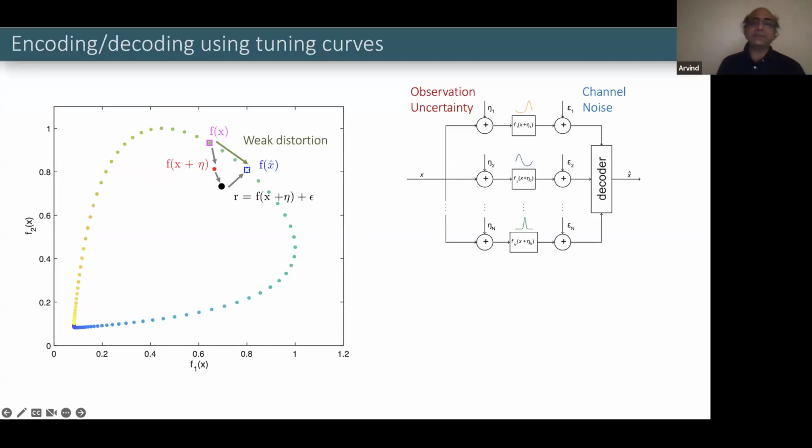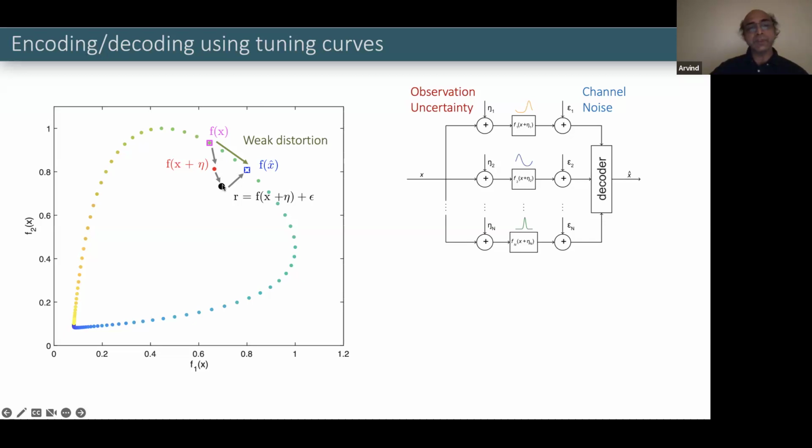The formulation is very simple. As I said, there are two places where noise enters this system. One could be the sensor noise, which we call observation uncertainty, and then channel noise, which I think arises in the neuron membrane, which could be correlated, could be independent. Now, given these noises, let's say this is the encoding surface, you have some true stimulus, but both these noises will map your activity, in any given trial, to some place close to this encoding manifold, hopefully. And then the task of the decoder to estimate X hat would be to find a place where you